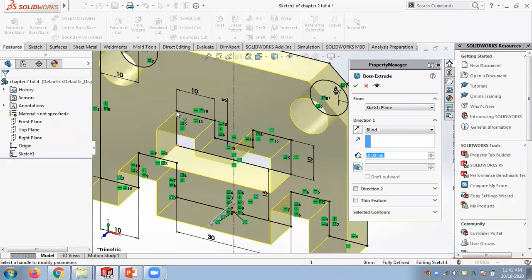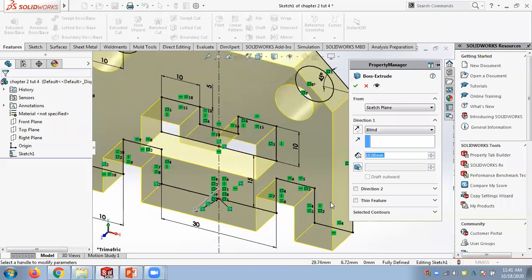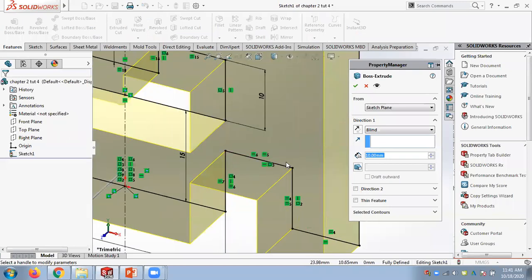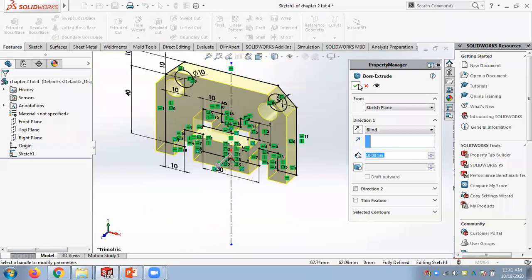You can't have open holes here. If you have a tiny hole in the drawing, it won't make a 3D. So make sure all these things coincide with each other. All the joints are perfectly closed, and then I can make it a 3D part.